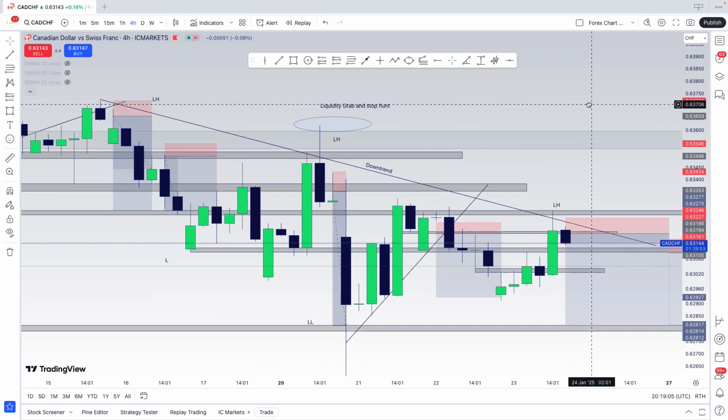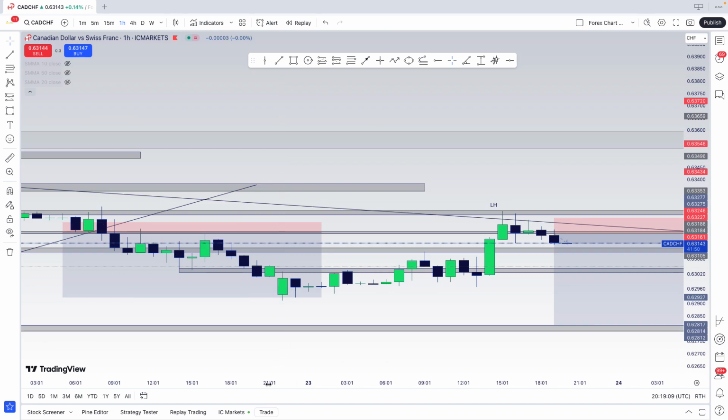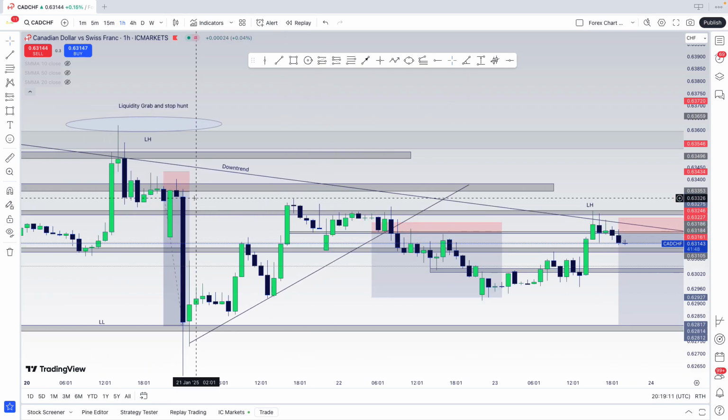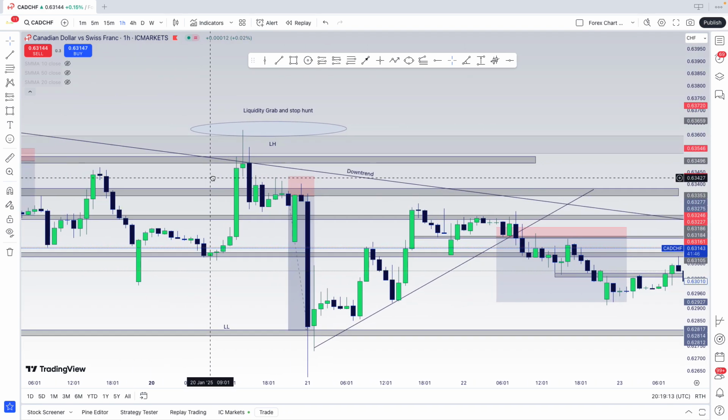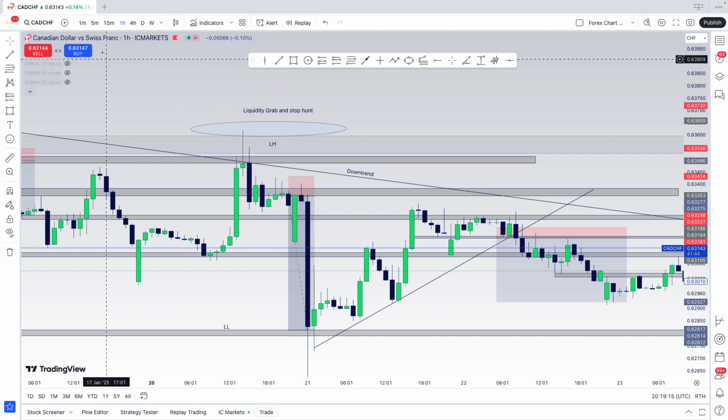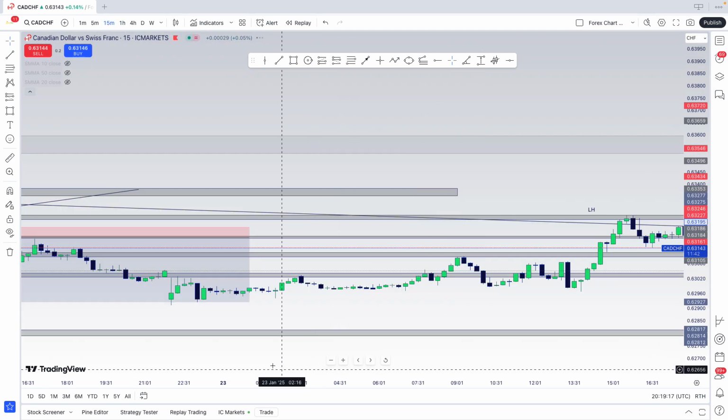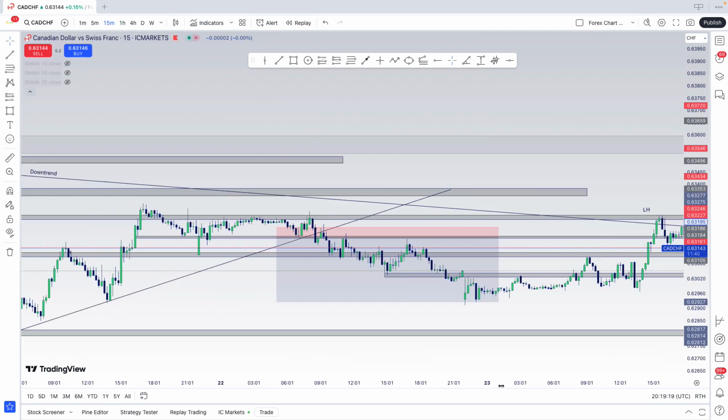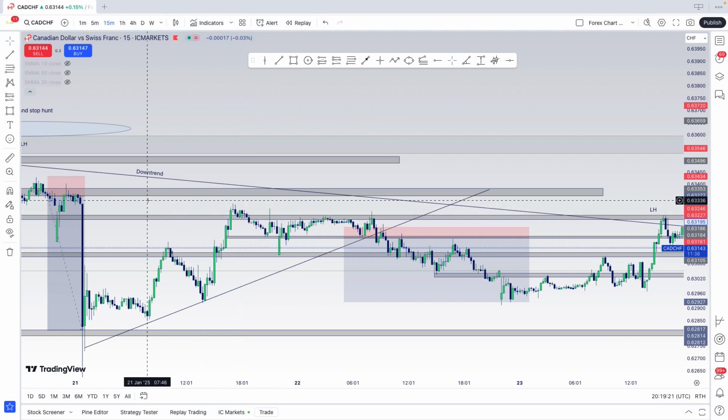And then here we have a trend line trade crossed with support and resistance yet again, so just key areas and a continuation. I also like to trade